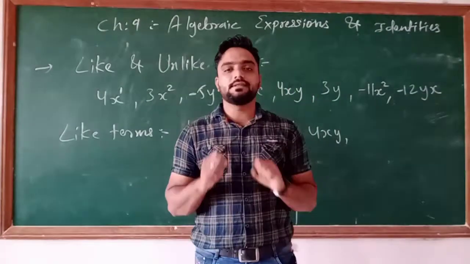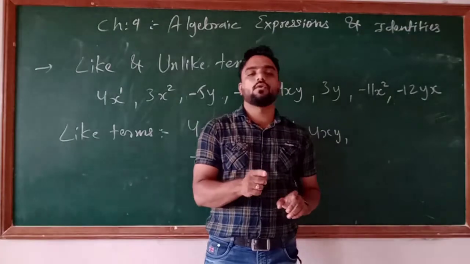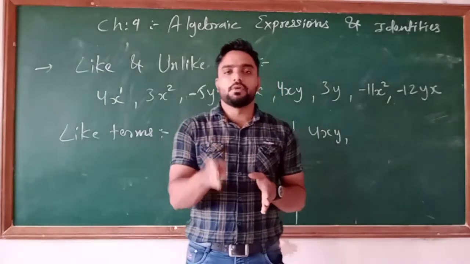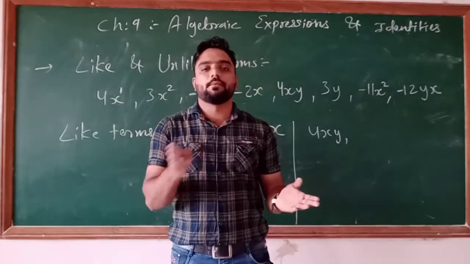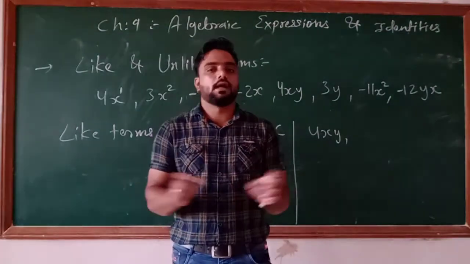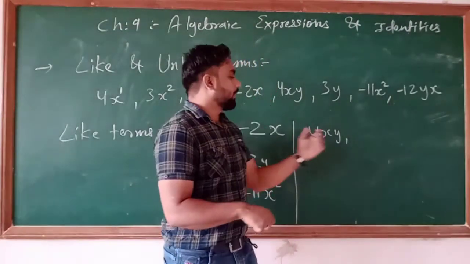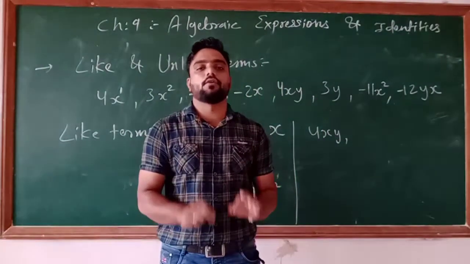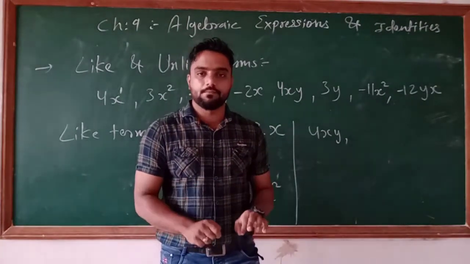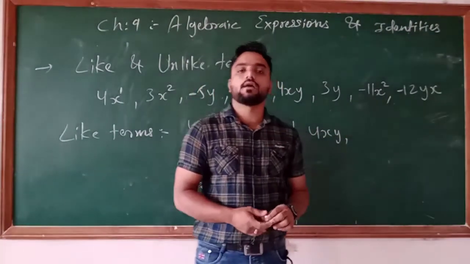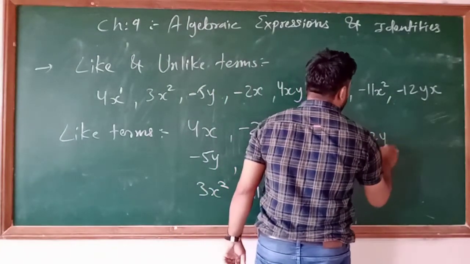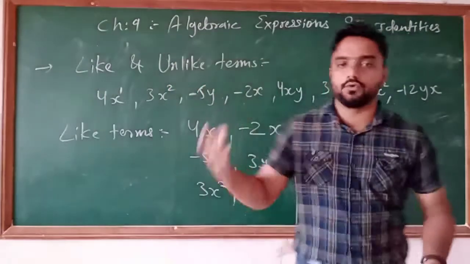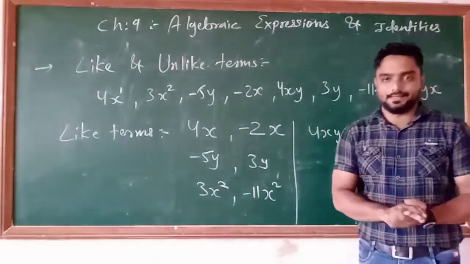-12yx. तो यहाँ please confuse मत होना, xy लिखा हुआ हो या फिर yx लिखा हुआ हो, both are same. You can say that 2 multiplied by 3 is also 6 and 3 multiplied by 2 is also 6. Understand or not? Answer will not change. So here it is the same thing. You can write xy or you can write yx. You just have to concentrate on the degree of the variable. If it is same, that means both the terms are same. So it is -12yx. So in this way you can take out the like terms from such kind of examples.